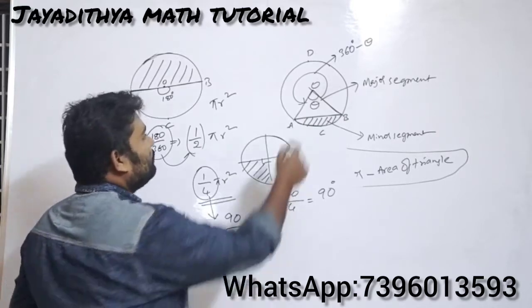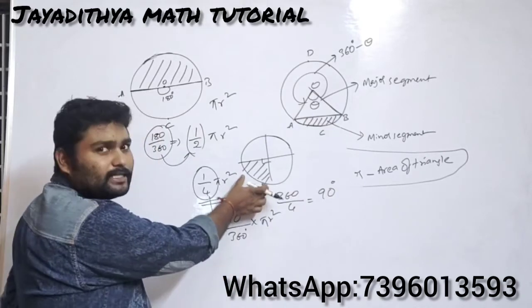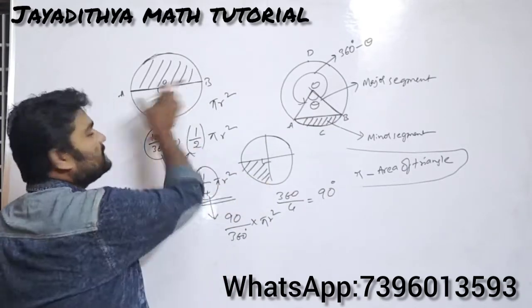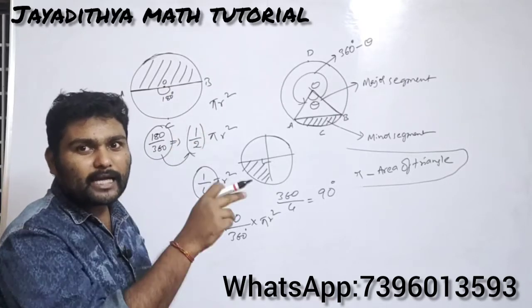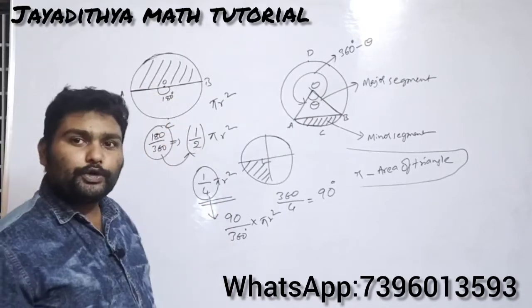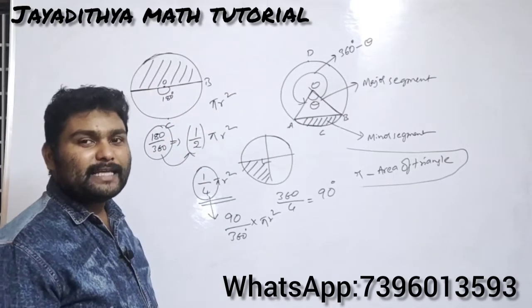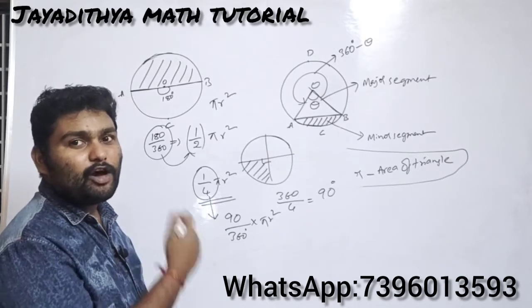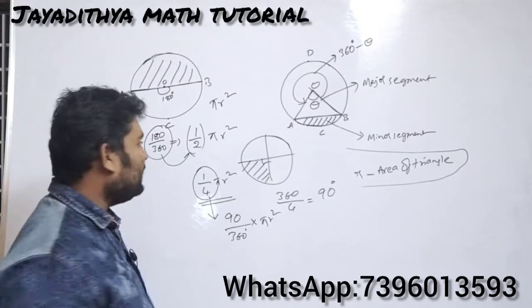In the same way, for example, here you need to find the area of the sector. So see here, this is the quarter circle. Quarter circle is a sector. Semicircle is also a sector. What is the definition of a sector? The area enclosed by the arc of a circle and 2 radii. So here you have the arc of the circle and you have 2 radii also, OA and OB. Even the semicircle is a sector, which makes an angle of 180 degrees. Quarter circle is also a sector, which makes an angle of 90 degrees.